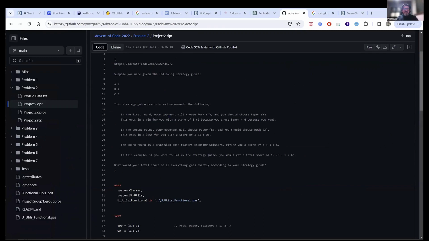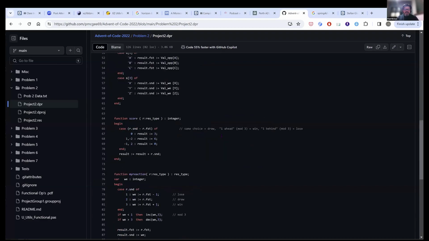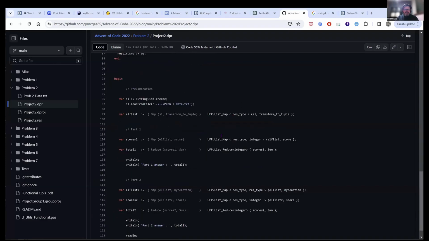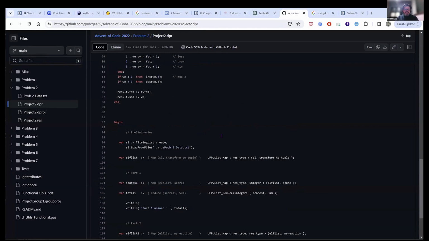And no, that was the first one. Okay, strangely, the second one was about trying to figure out a strategy for paper, scissors, rock. Okay, but this is my whole program solution, and